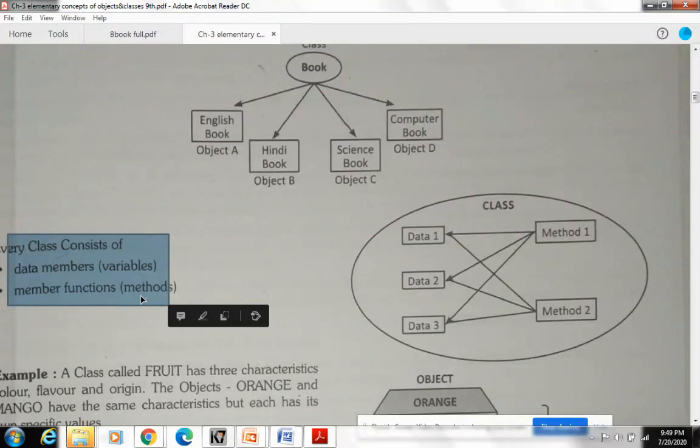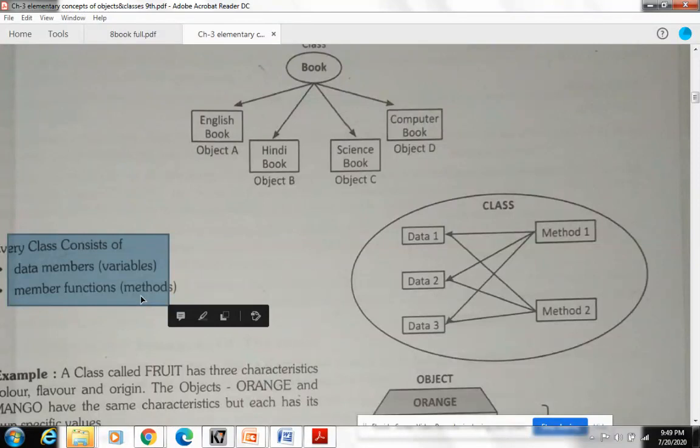See, I am telling you a very simple example. If you are using a calculator, and you are adding two numbers and you want to press the minus sign, so you are the object. The minus sign is the operation or the behavior that you want, to subtract two numbers, and those two numbers are your data. Understood? This is a practical example: you are the object. You want an operation on the calculator. That operation is a function, a method that you want to calculate from the user, and your variables will store your values.